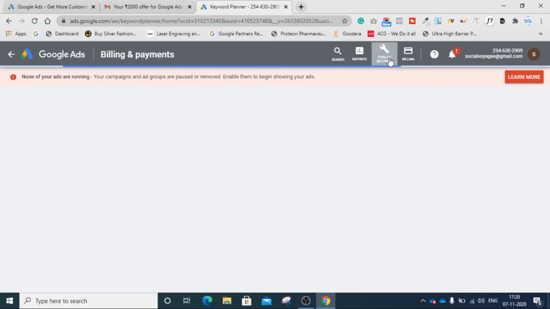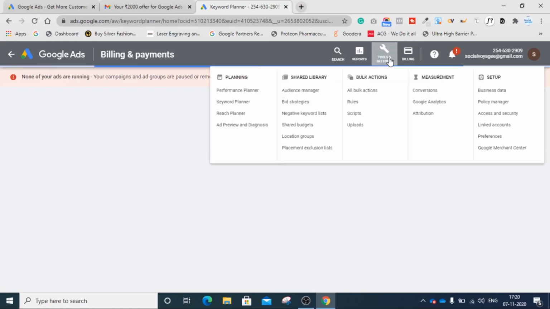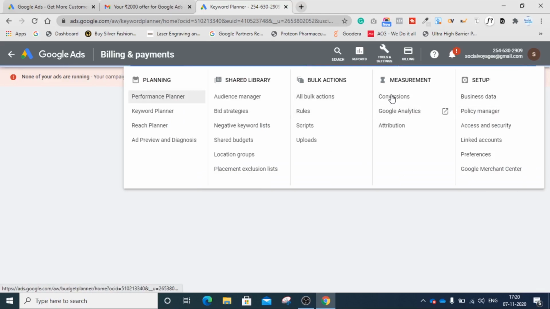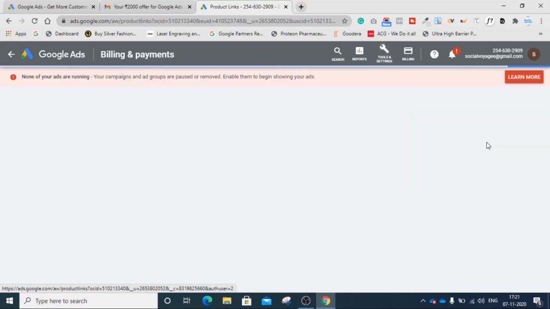So there is Google Analytics. You can connect your Google Analytics. Also, I'll do one more thing. I'll just click on linked account. So what is linked account? Linked account is wherever you have your business account, for example, Facebook, or on YouTube, your Google Ads, everything can be linked. Google Analytics can be linked over here. So you have to link before starting off with any ads. So today only you will do it, if you're setting up your Google account with me.